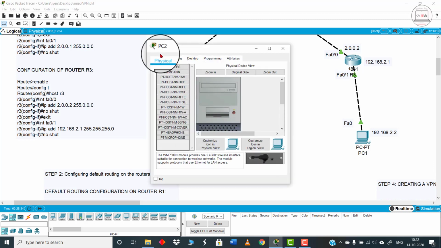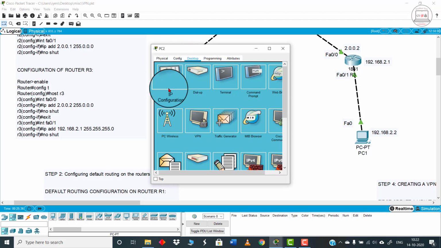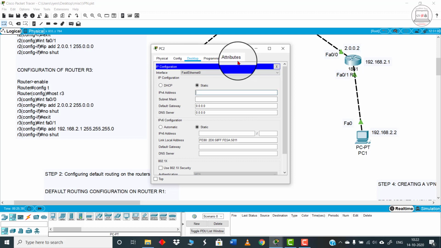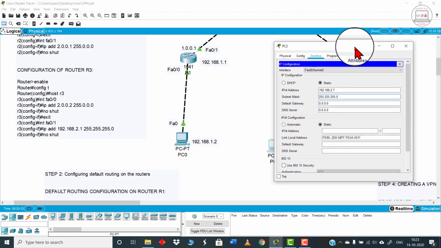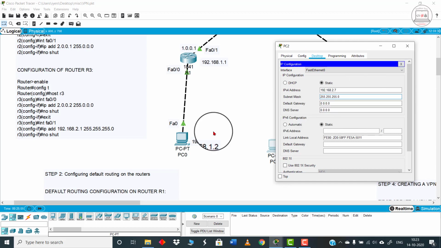Go inside that PC, go to the desktop mode, then IP configuration, and whatever IP you want to give it, you can give it from here. For example, 192.168.2.5 or 2.7, and whatever is the IP address, the corresponding subnet mask will automatically be set over here. In the same fashion, you have to give the default gateway and DNS